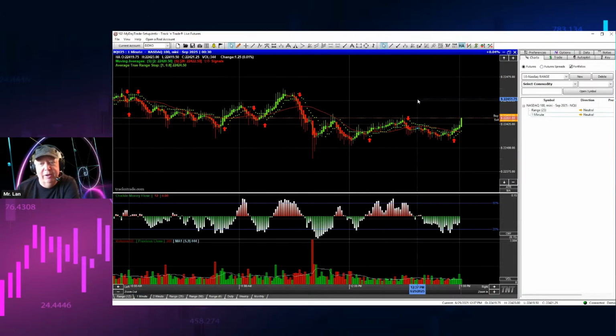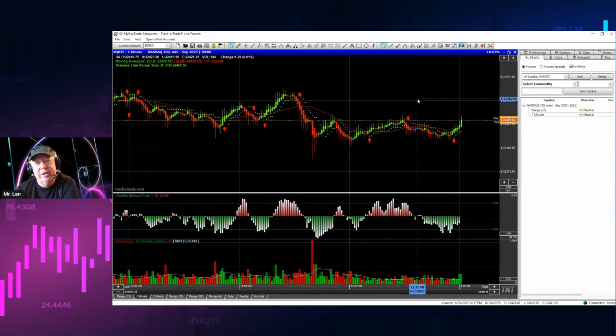the futures market. Now, I know a lot of people are like, what? The futures market? I thought the NASDAQ was out of New York. Well, no, this one here is out of Chicago. All right. If you were going to trade this one in New York, you'd be trading the QQQ. All right. So this is basically the QQQ, which is an exchange traded fund out of New York. But if you want to trade the NASDAQ, which is the NASDAQ 100 out of Chicago,